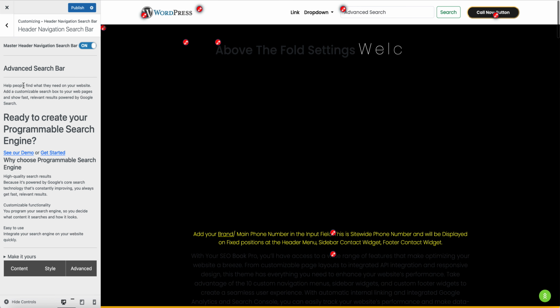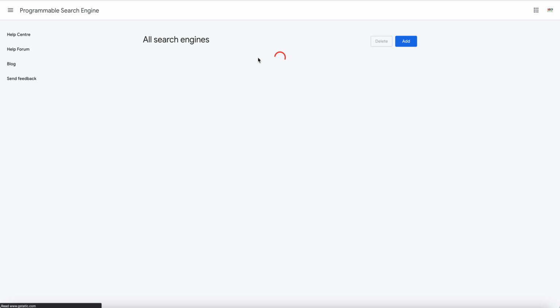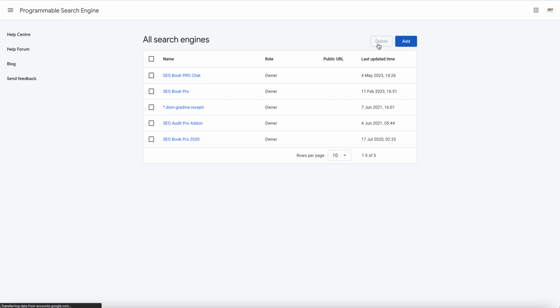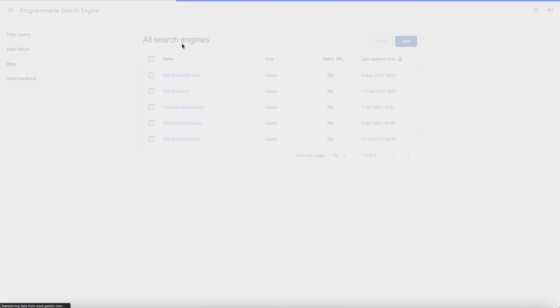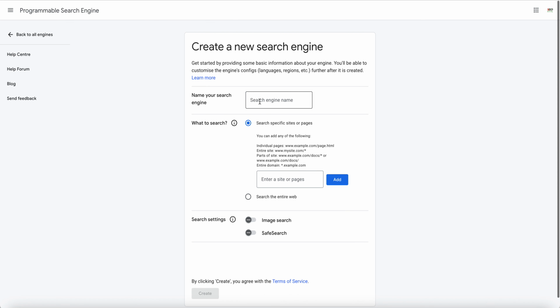to work with. So for example, there is some information here. The settings will be here below as well. If you click get started, you'll be redirected in a new tab, and if you are logged in to your Google account, you will be able to create a new programmable search engine. So for example, let me create an example for our website,